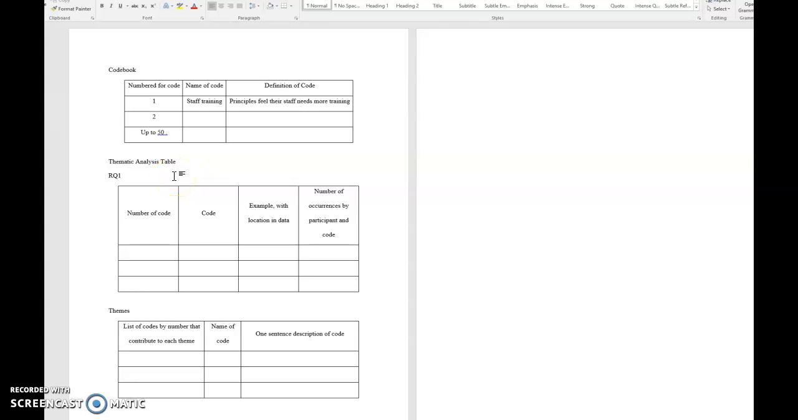A thematic analysis table is your next step. So you have codes, you go through all the codes, you've done interviews, now you've transcribed them, now you're reading through every interview, and you're seeing in your 12 interviews that you have 87 different codes that show up. All right. Now you're going to do a thematic analysis table. And that's where you say, okay, well, I think code 3, 9, 12, and 59 all fit